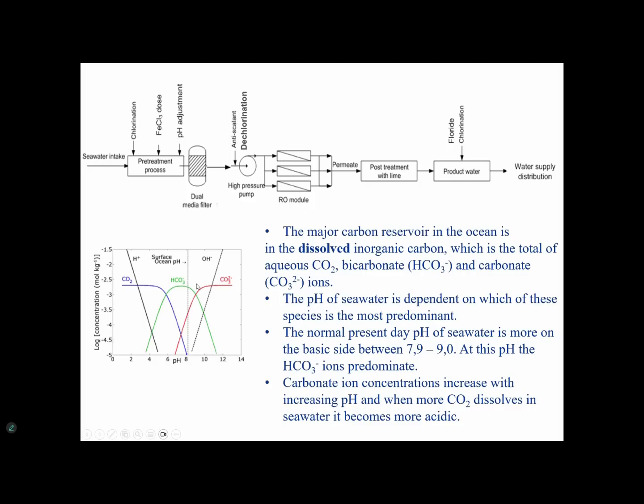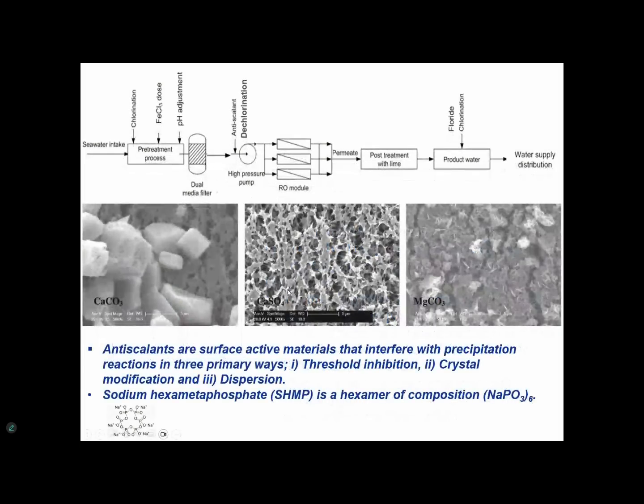So that's how this CO2 can be applied for seawater mining brine concentration. Also, you can see the calcium carbonate looks like this scale structure. Also, this is the calcium sulfate, so you can see the different crystal shapes. Also, magnesium carbonate. And to avoid this kind of calcium carbonate and magnesium carbonate in the reverse osmosis, we utilize